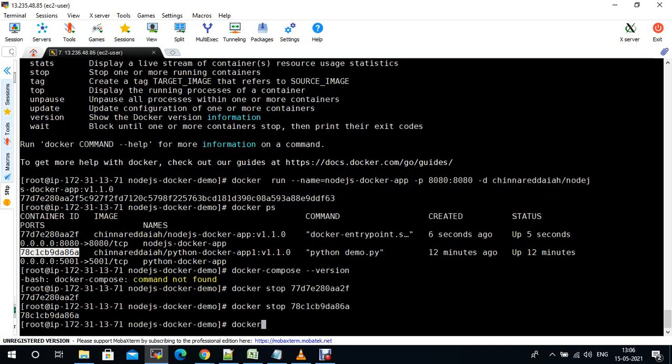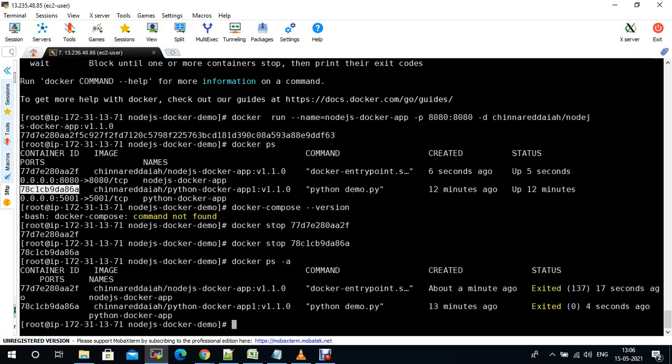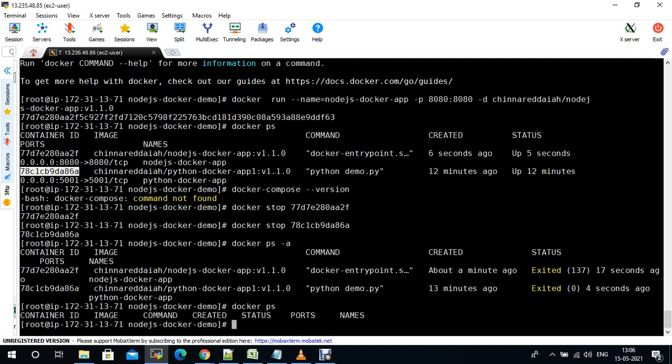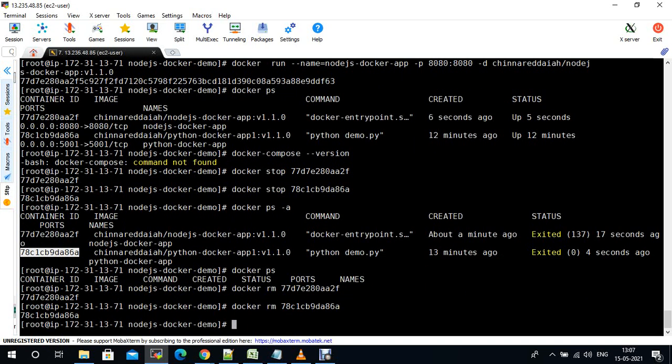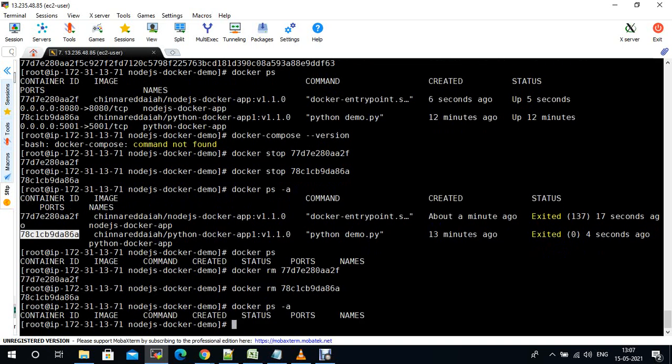Now if you check docker ps -a, these are stopped containers. If you give only docker ps, there should be no container running. Let me remove them completely with docker rm. Now if you give docker ps -a also, no containers are there.